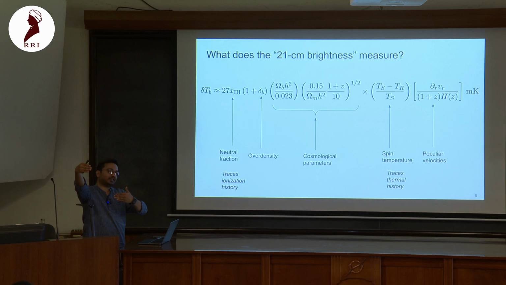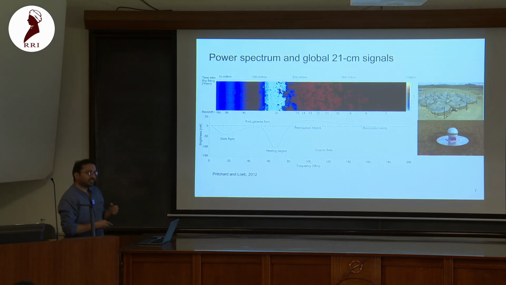And that background temperature is the CMB temperature. So it's with respect to the CMB temperature. Yes. So negative really just means that the gas is cooler than the CMB.